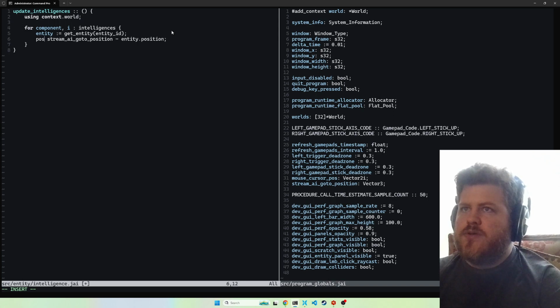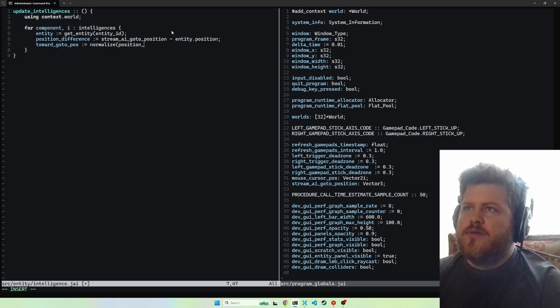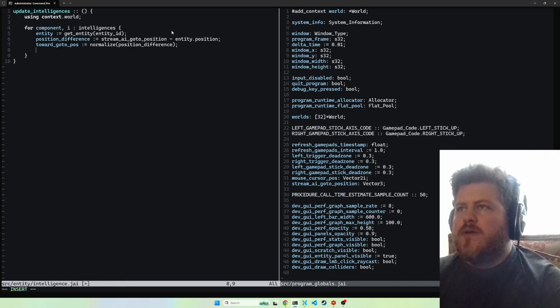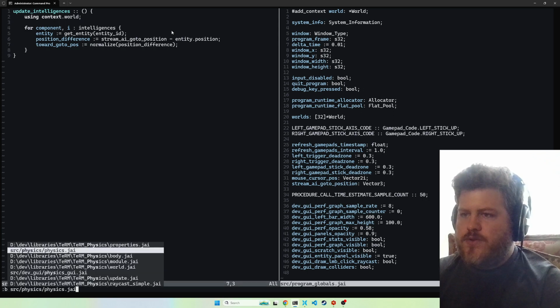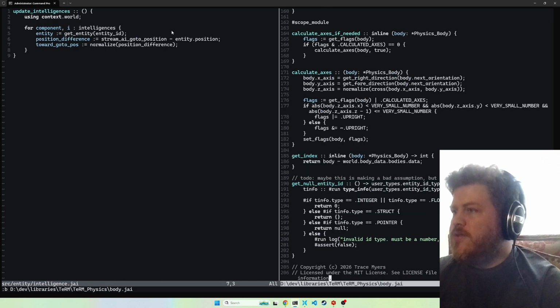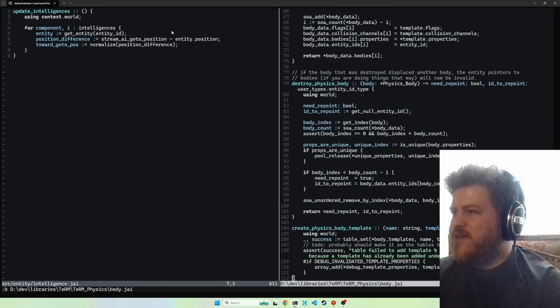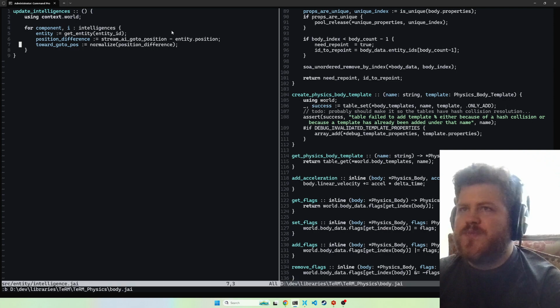And that's the position difference, I'll say. And toward go to pause, it's just going to be normalize position difference. And then we just want to accelerate in that direction, right? So if you go to physics body, there's a cheap, dumb little function that I added just before this called add acceleration. I call add acceleration to the entity's physics body,